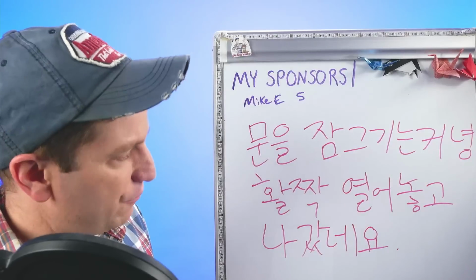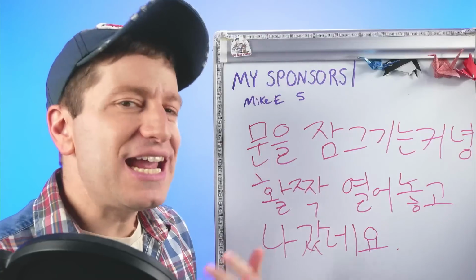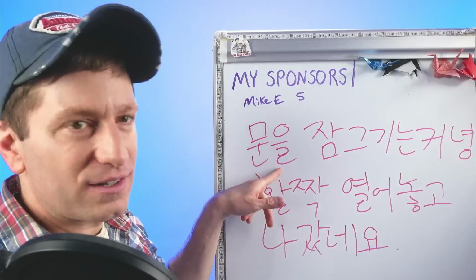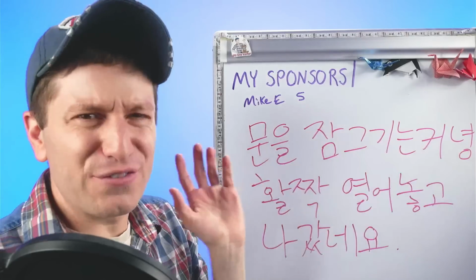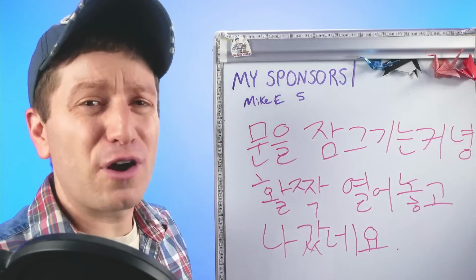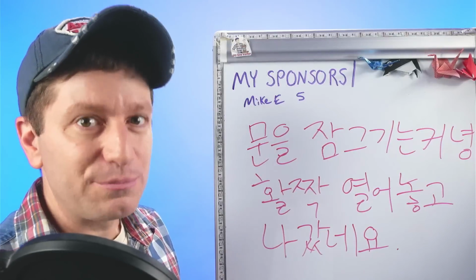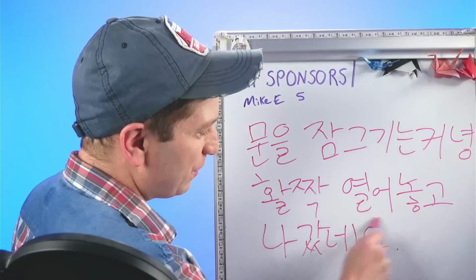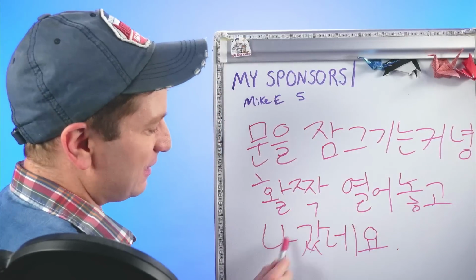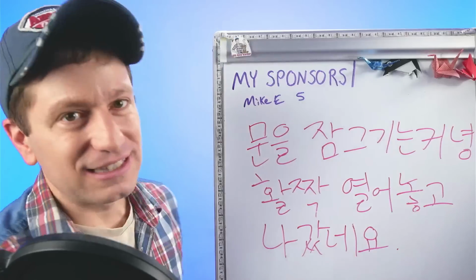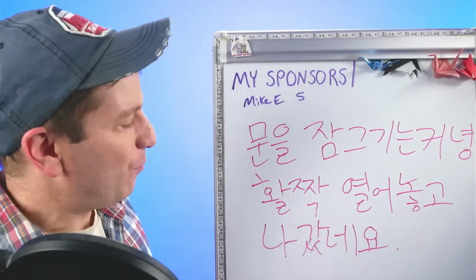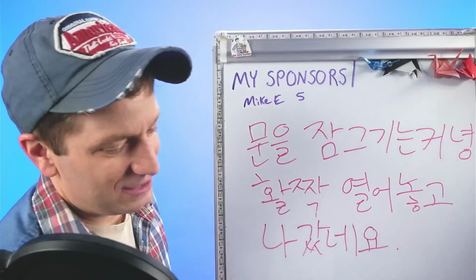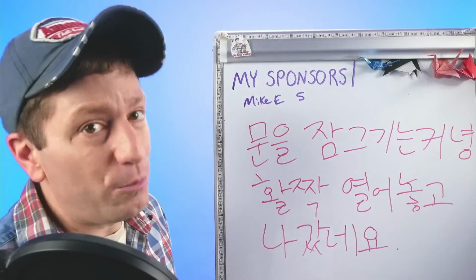When you are using it with verbs, the translation will change a little bit because you don't usually say forget locking the door. 문을 잠그기는 커녕. You're going to say maybe far from locking the door. So you might translate it a bit differently, but it's the same expression. 활짝 is wide open. 활짝 열어놓고, you open it and you leave it. Then 나가다, to leave. 나갔네요. 문을 잠그기는 커녕 활짝 열어놓고 나갔네요. Far from locking the door, they left the door wide open before they left.